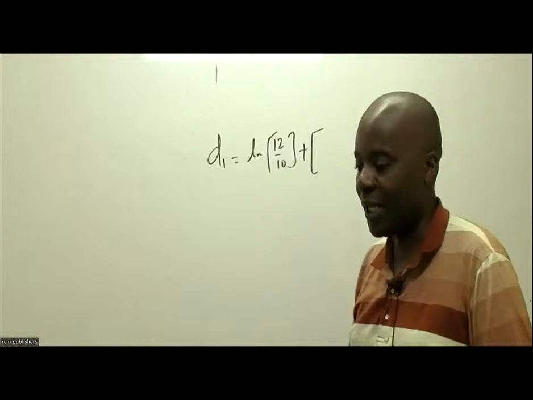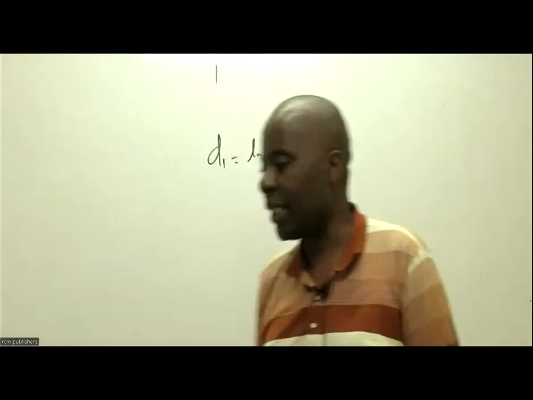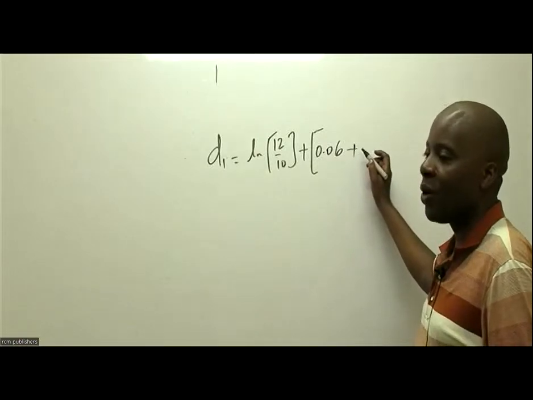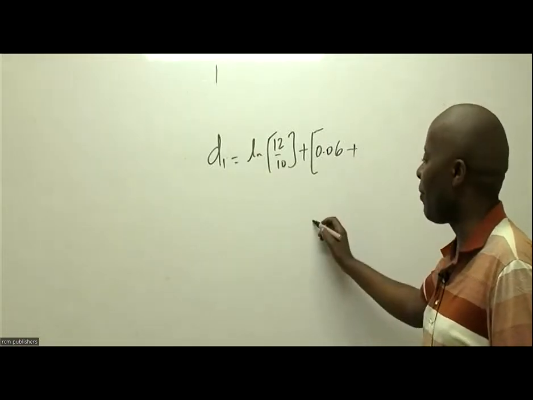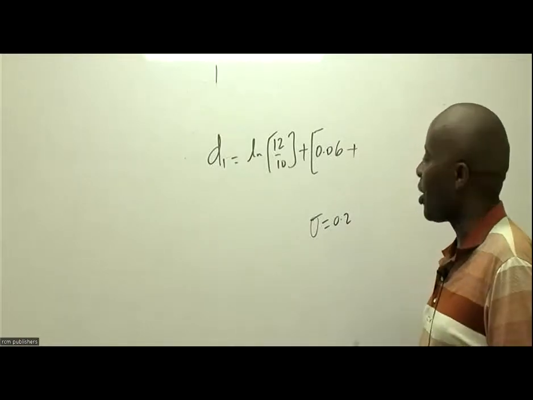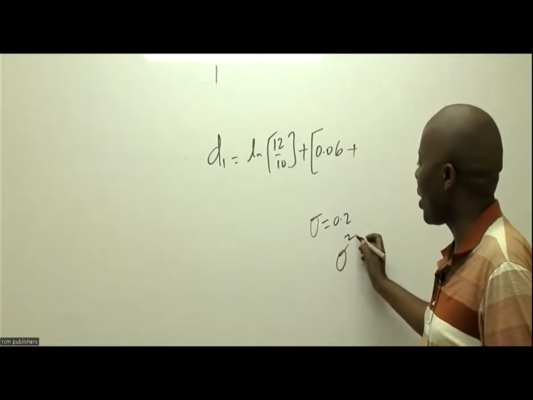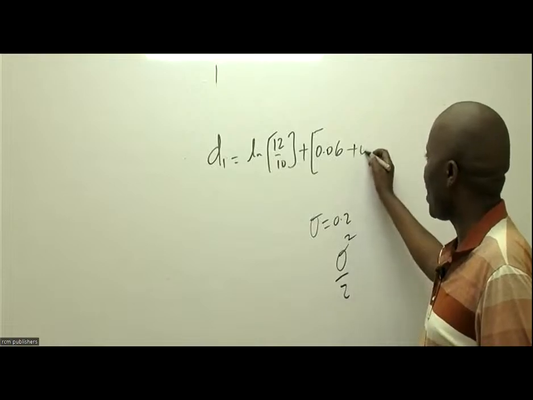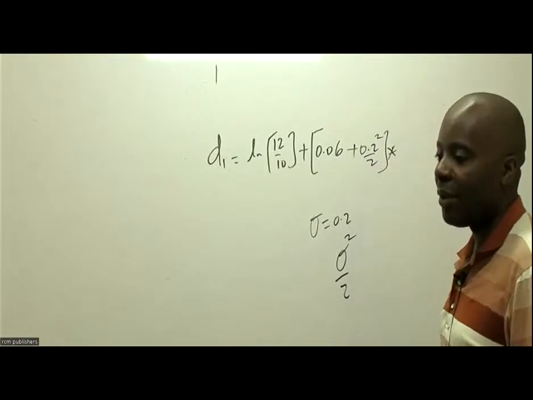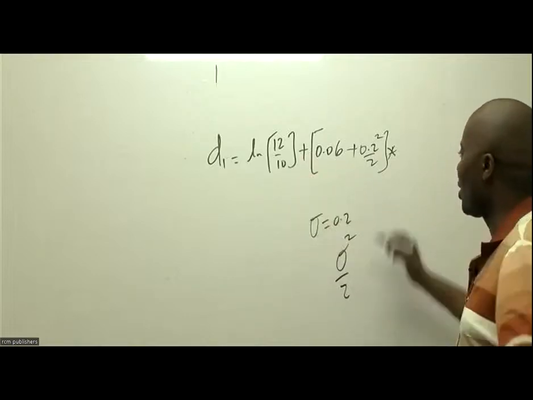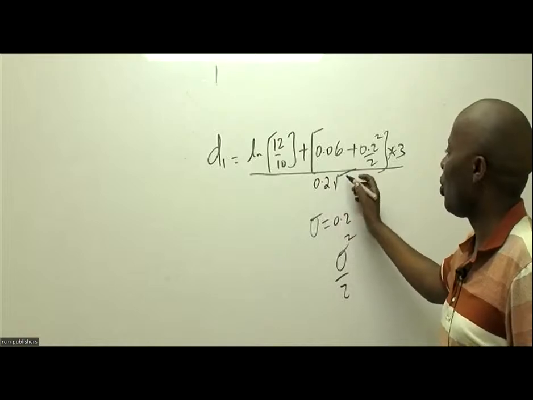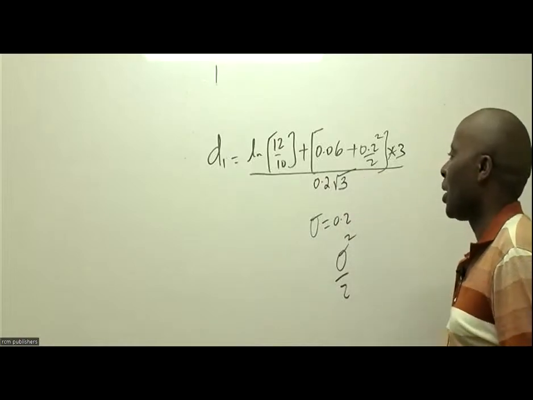Risk-free rate of return, let me just share the question with you, 6%, so 0.06. Volatility has been given. Remember, volatility is standard deviation, 0.2. So remember this is supposed to be standard deviation squared over 2, so plus 0.2 squared over 2 times time. What is the time? The delay period given there is 3 years, all over standard deviation again, which is 0.2, root of your time, which is root 3.